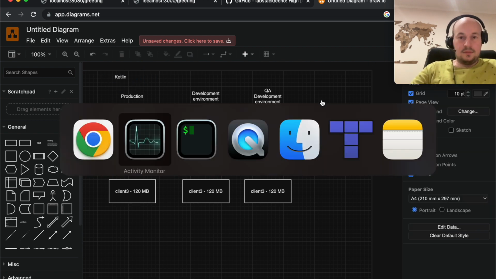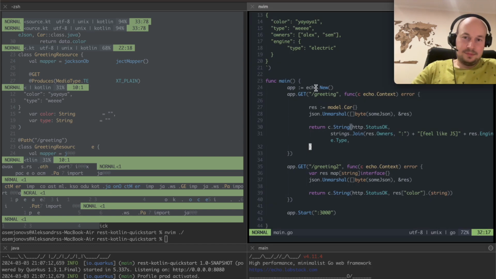But as you have seen, well, Go code is not that terrible. I mean, there's no pattern matching, maybe, but marshalling and unmarshalling or parsing the JSON into whatever model that you have.